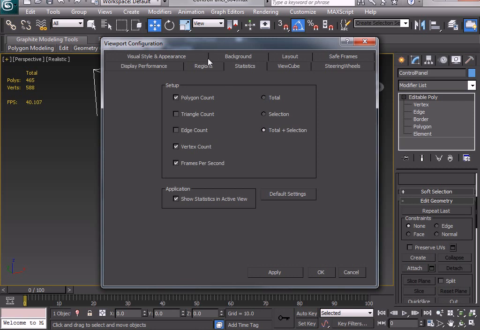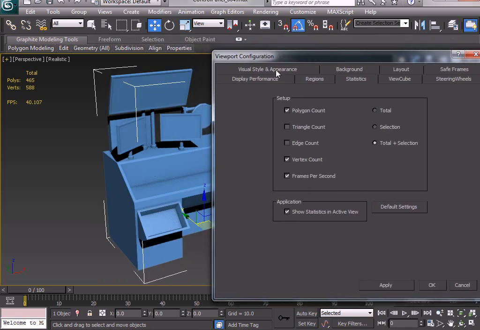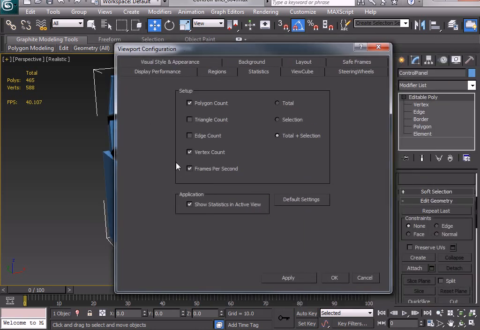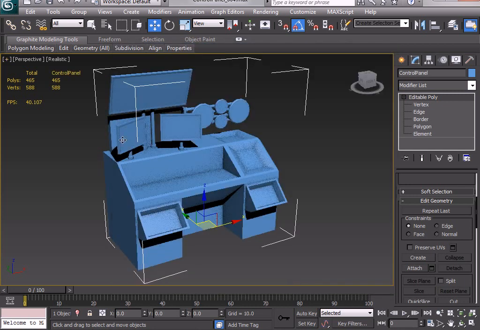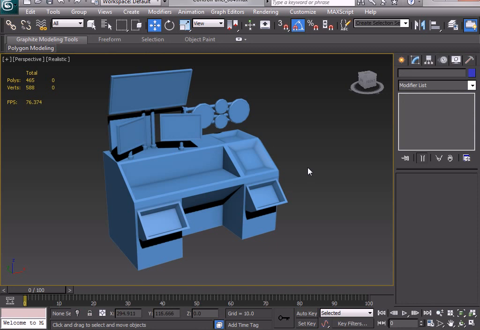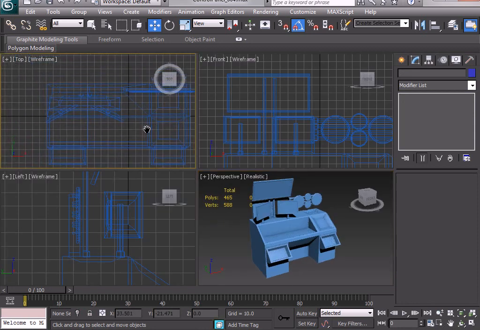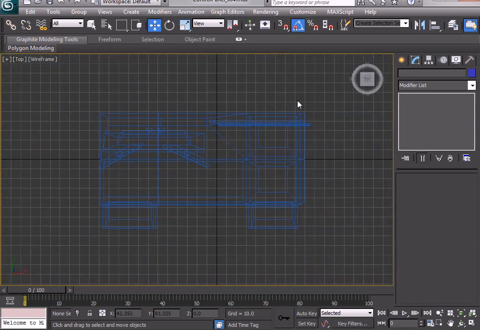I prefer this. Now currently it's just one model that we're dealing with there at the minute, but let's go in and create some wires and that sort of thing. So I want it on total and selection. Click apply and just click OK, and there's the total and there's just the selection, in this case just the control panel. As you can see, it's good to name things. Right, Alt W to go back here. I'm going to bring it out to full screen, and